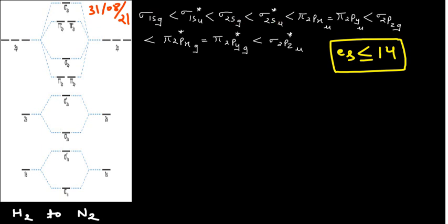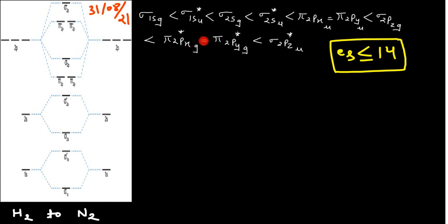Okay, and I already told you the pi bonding molecular orbitals are u because they do not have the center of symmetry. But a sigma orbital of any kind, whether formed through s or s, s or p, or p or p orbitals, will always have g symmetry. So sigma 2pz, if you are considering that the internuclear axis is the pz one, right? So this 2pz will form the sigma bond, and it will have g symmetry. And when your pi bondings are u, then pi anti-bondings would be g,